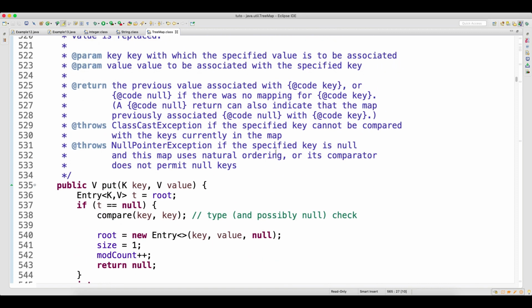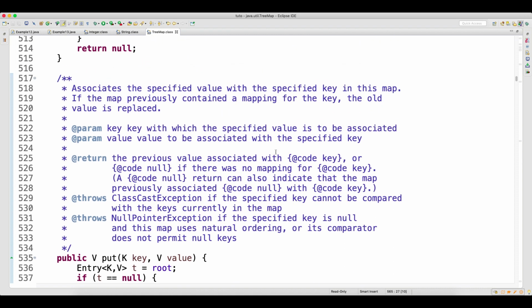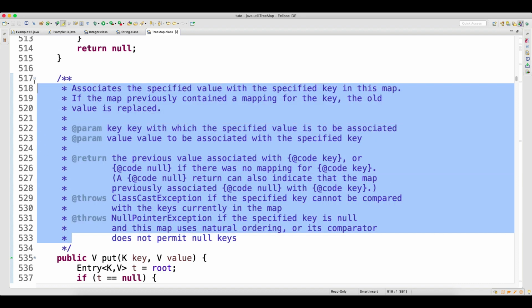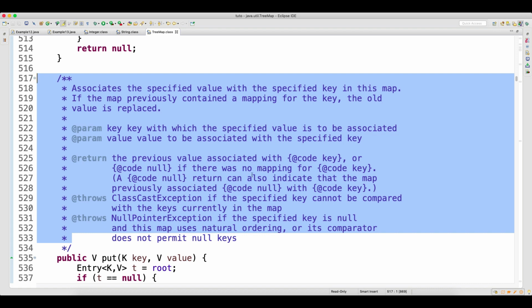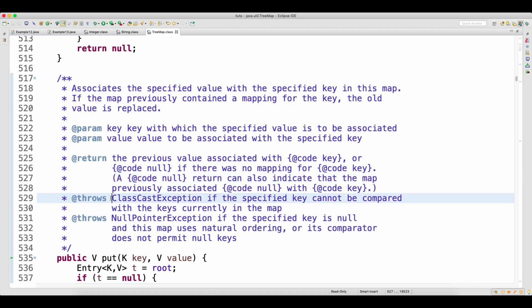Now, when we were storing the data, my data is not of type comparable and there is no comparator, so I am getting the problem. You can read the Java documentation they have given, it is very nice. It will throw ClassCastException if the specified key cannot be compared with the keys currently in the map.